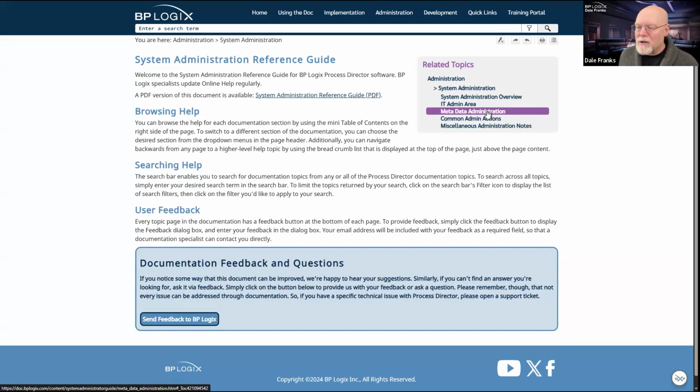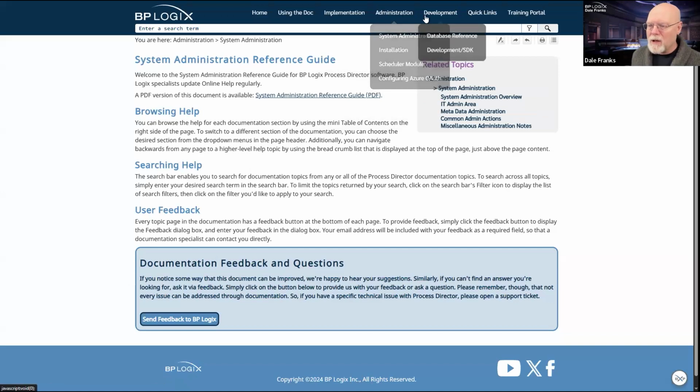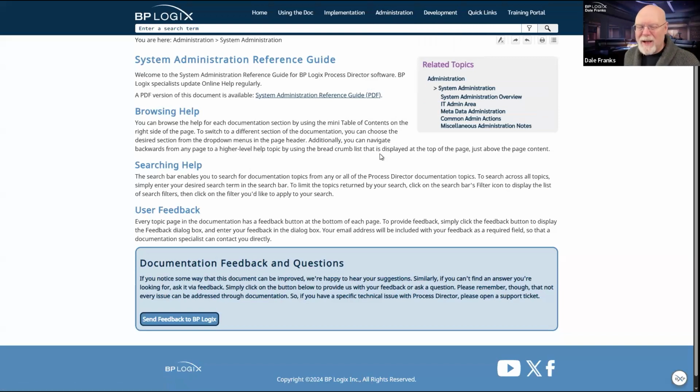So it's off there separately. But to the extent we can, we follow the UI of the product. Obviously, for some of the documentation, if we go into the database reference or the developer's guide, there's no UI for that. So the way that it is set up is a little misleading.